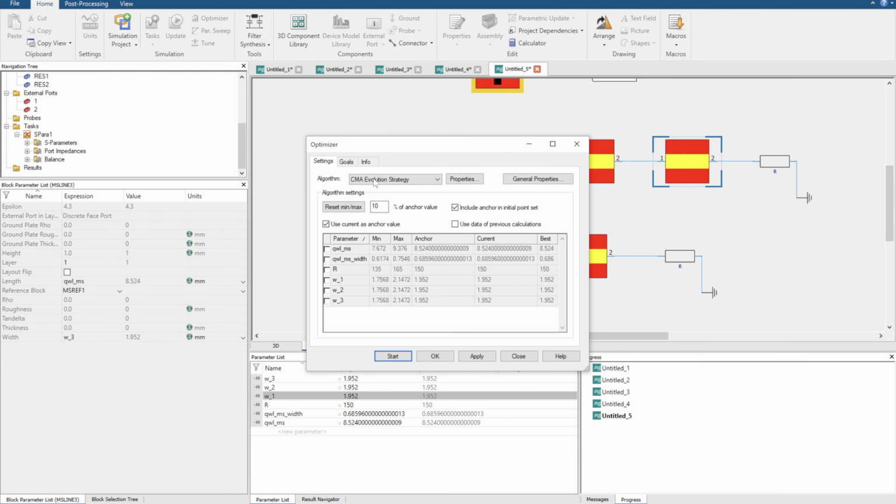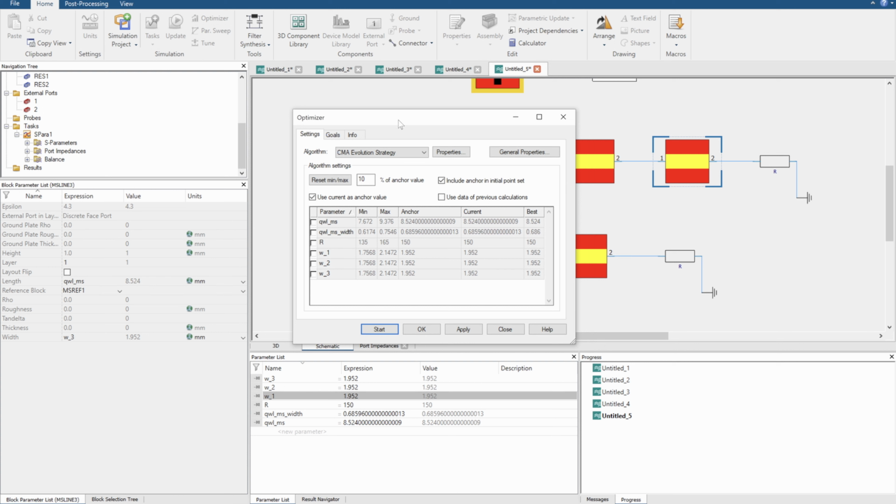I'm going to use evolution strategy because evolution strategy is very good at guessing values, where trust region is good at fine tuning. I'm going to say you have control over all these values. And I'm going to say, well, actually, you can supply a value between 0.1 and 1.952. And I'm going to change this for all of them. I'm just clicking tab, 0.1,